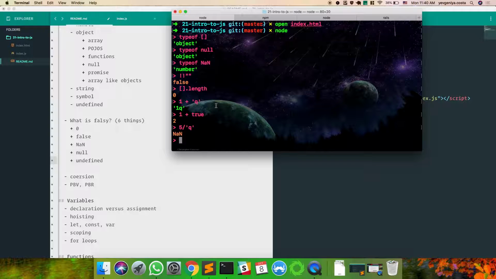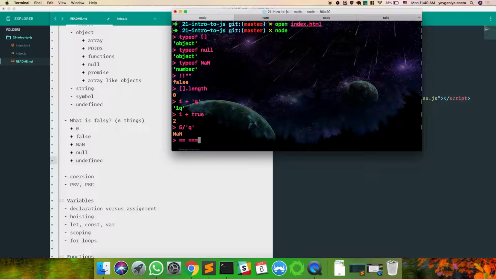That gets into the point of when to use double equals versus triple equals. We never use double equals, but it's important to understand what double equals does. So it's like a loose comparison.